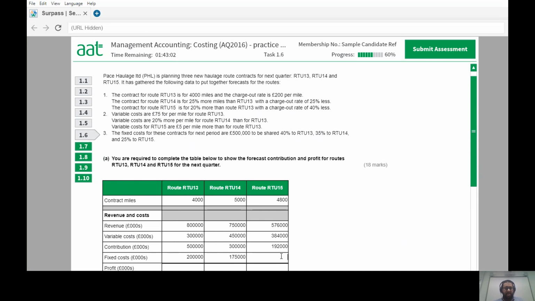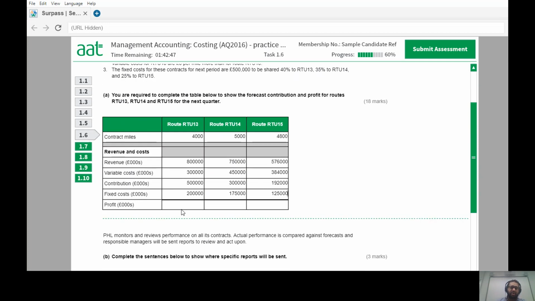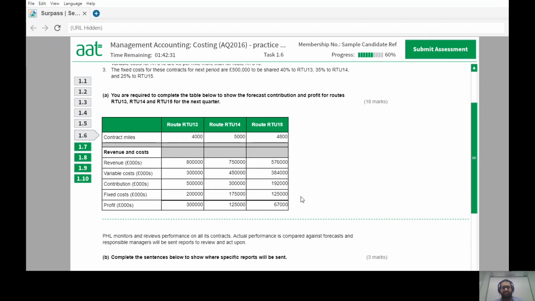And this one's going to be whatever is left over there, that's going to be 125,000. Is that right? Sounds right. Should be right. Yeah, if you add both these two and that one, it's going to be 500,000 there. So now what is the profit? Profit here is going to be 300,000. Profit here is 125,000. Getting bits and nines down there. All right, so this one is going to be 67,000. So if you add all of those together,